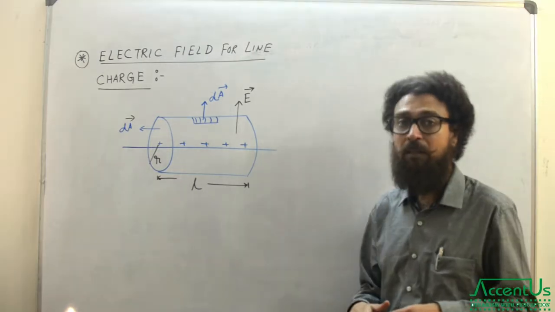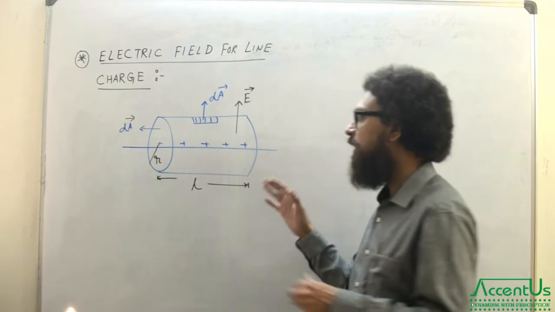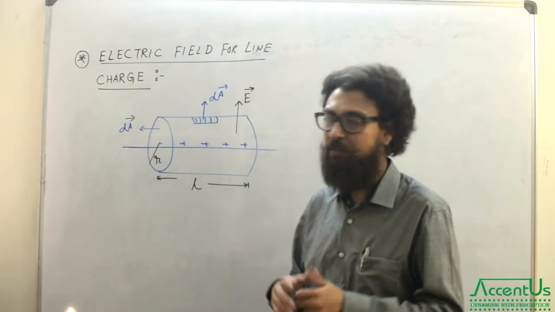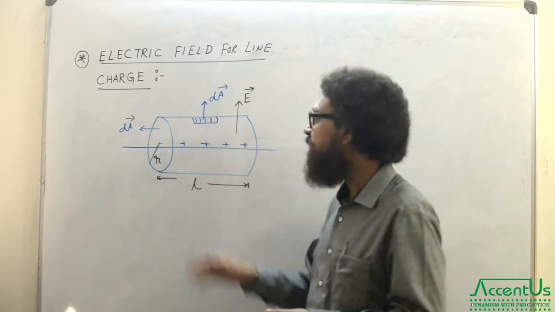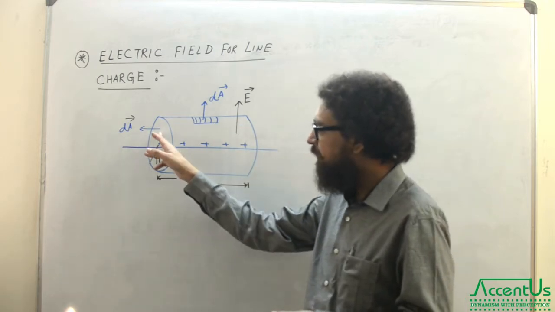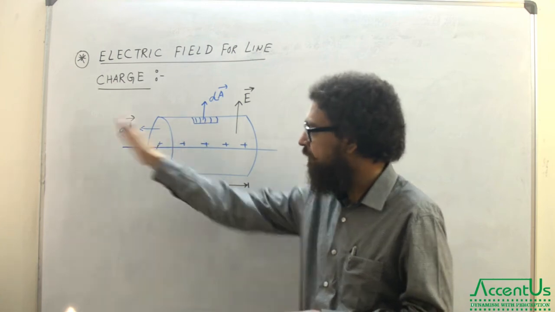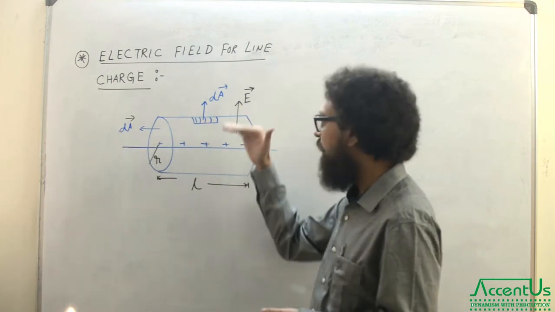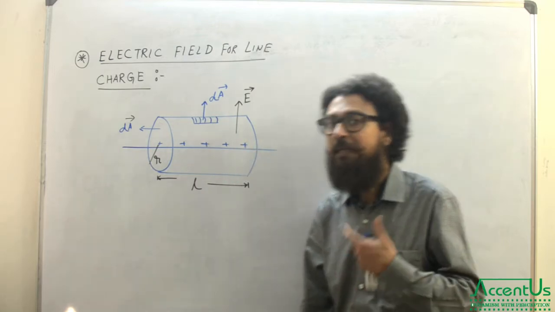We cannot enclose the whole thing, but we can enclose some portion of it, and we can identify what kind of electric field is present out there. We have to calculate the magnitude of E here, and here we have a radial vector, an area vector for this surface which is directed along this, and also a curved surface area which is like this, and that is also, let's say, dA.